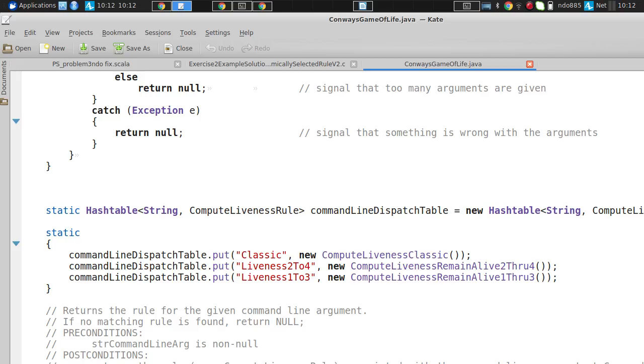This next one down, the second line, which handles this liveness 2 to 4, will also be an object which implements the compute liveness rule, but its apply method will have a slightly different rule associated with it. It will allow for 2 to 4 neighbors around it, inclusive, that are live for it to be live. Just to be clear here, we are using objects as our way of expressing rules, and we do that because each of those objects has a method whose exact implementation differs from object to object